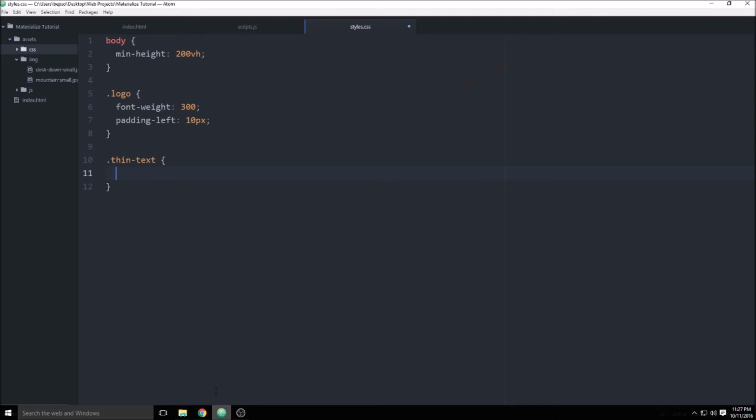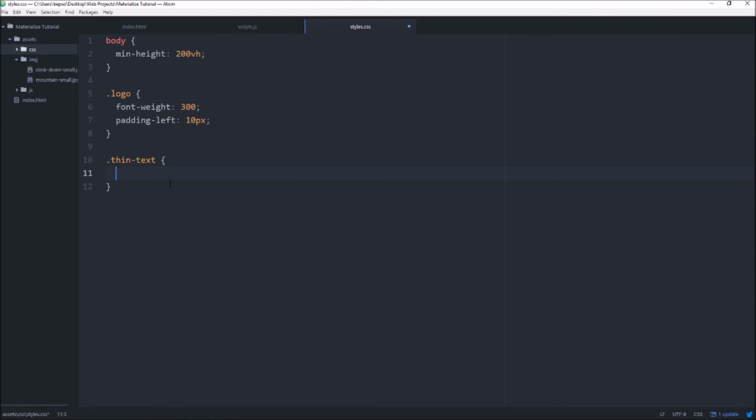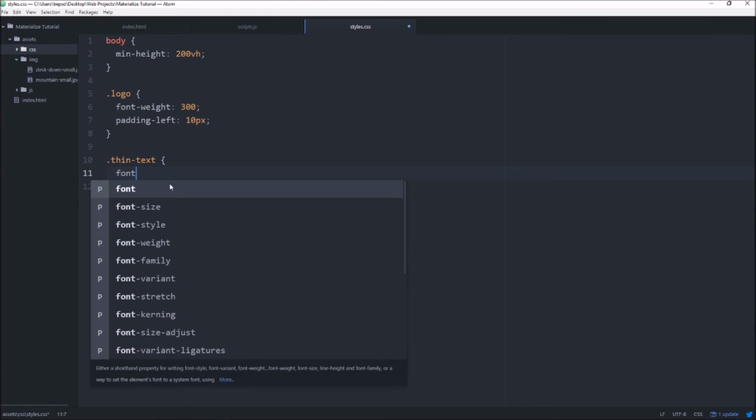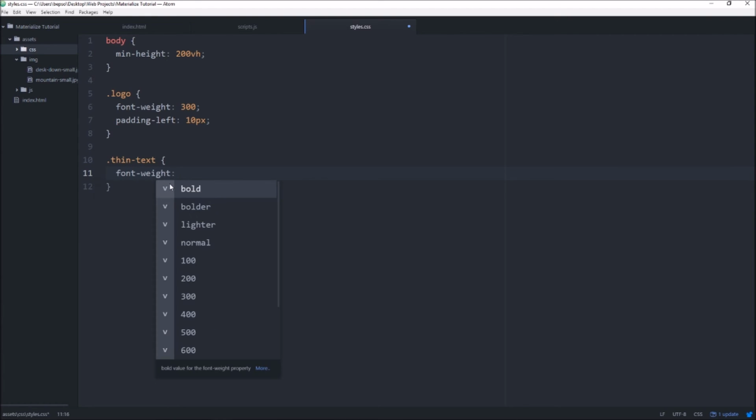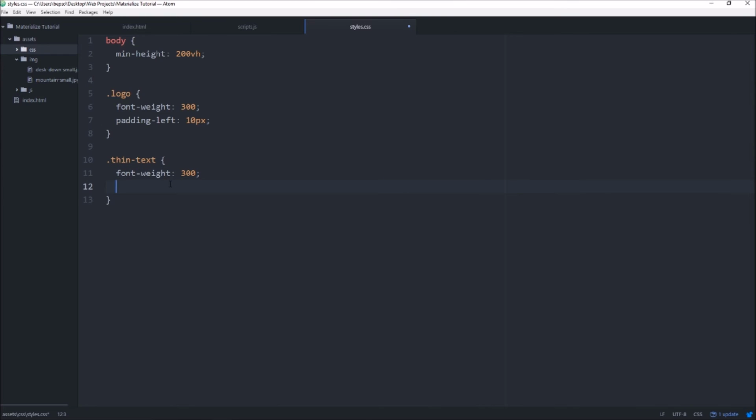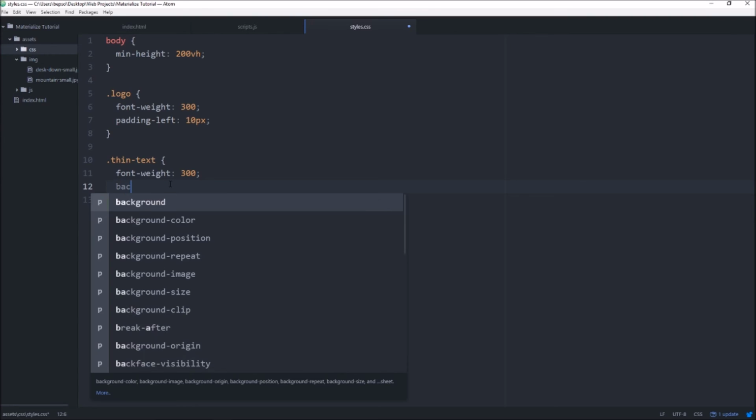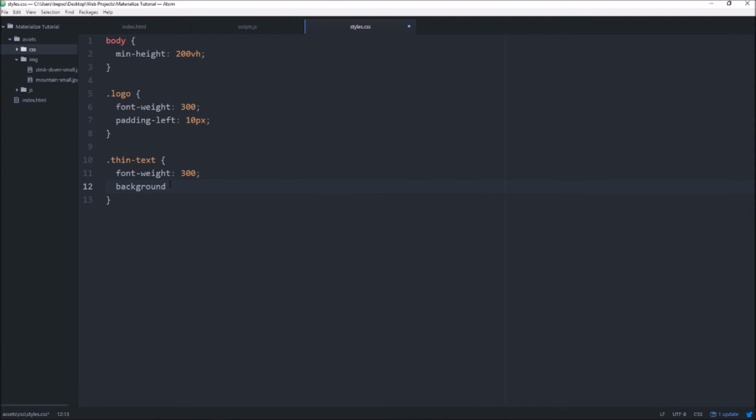So I'm just going to head into my styling, and I'm going to work on this thin text class that we set up before. I'm going to say I want a font weight of 300. And then I want to put a little bit of a background on there as well. And I'm going to use RGBA. And I've gone and looked up what the blue-gray color was, what the equivalent was in RGB, just so I can use that. But then I also want to add a little bit of an